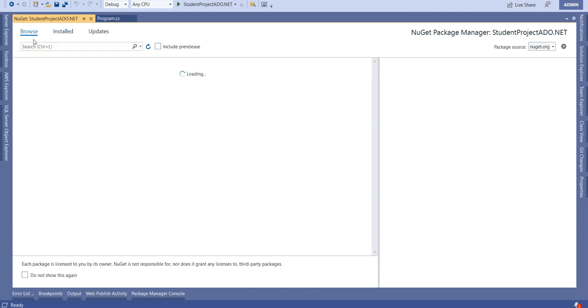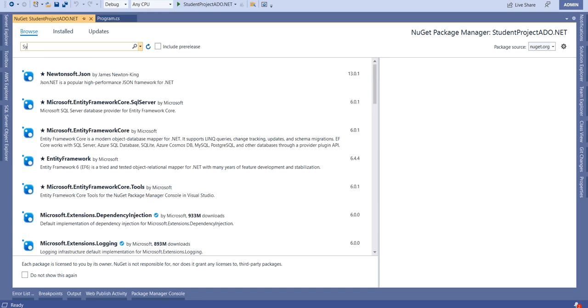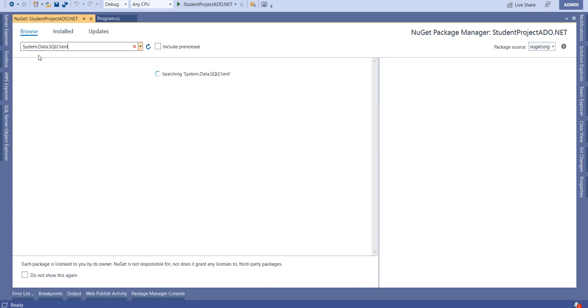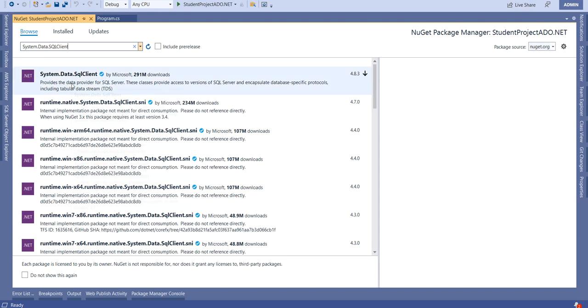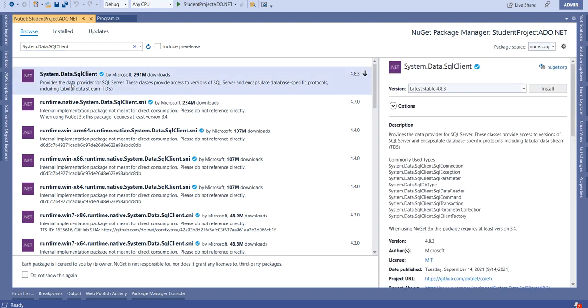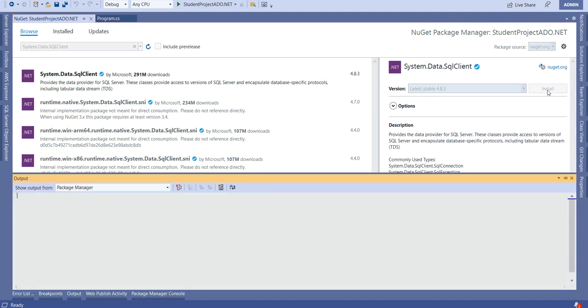and browse for the System.Data.SqlClient namespace. We have this namespace here. Let us click on install.